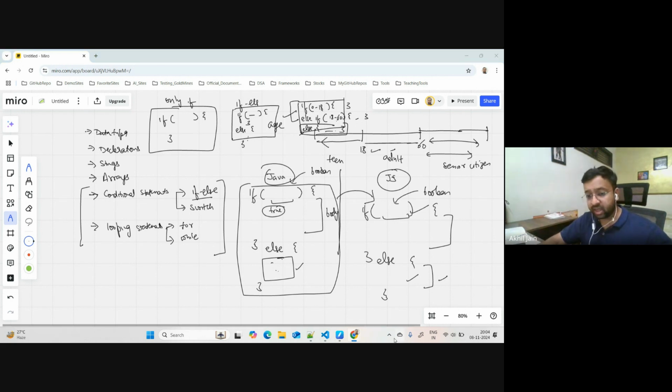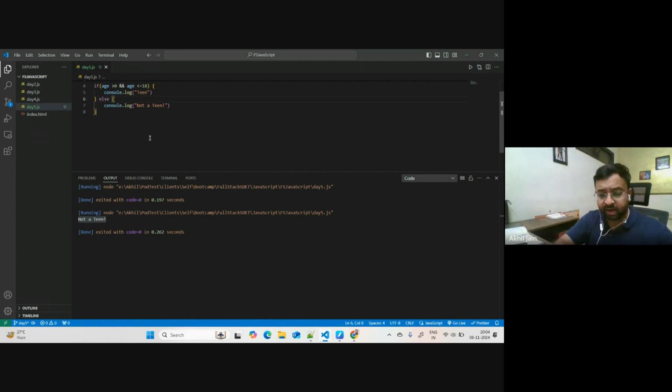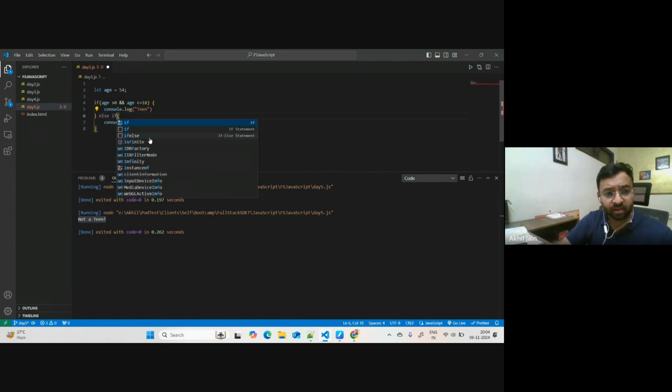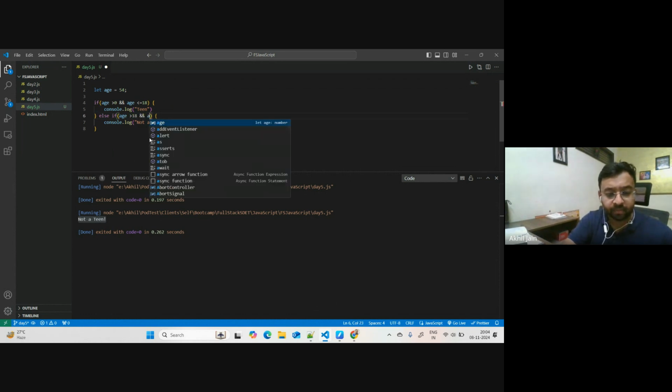Let's see this in action again. Again, this is very simple. I'm sure people coming from different languages also understand this part. So let me write this. This is if, and now I will write else if, and I will create a condition. I've created a condition from 0 to 18. Now let's say if age is greater than 18 and age is less than 60, then I will say the person is an